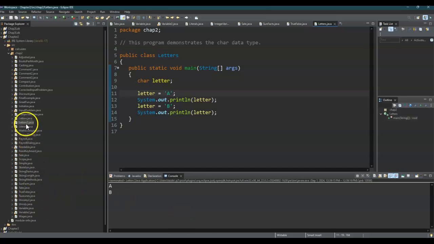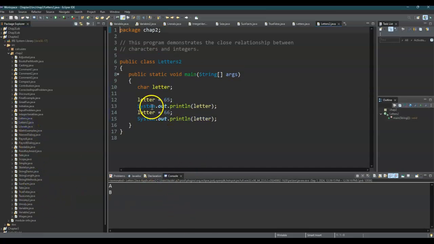So let's open up letters 2, and here I print letter. I've still got char letter. This time I say letter is equal to 65, and I print the letter, and then I say letter is 66, and I print letter. Well, let's run it and see what we get. I get A and B. How does that work? Well,